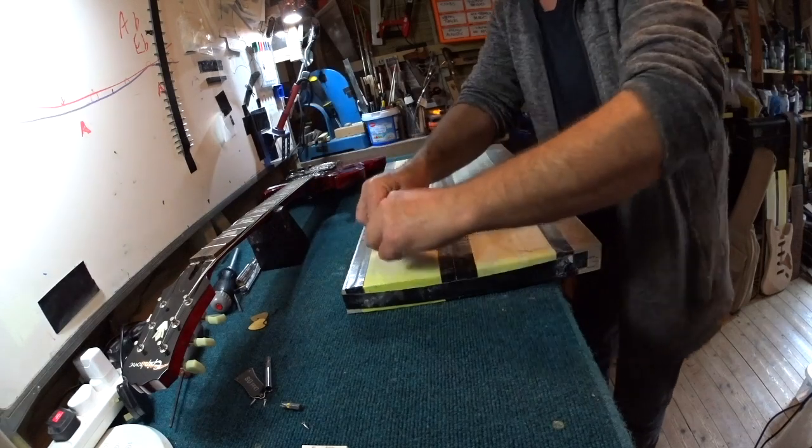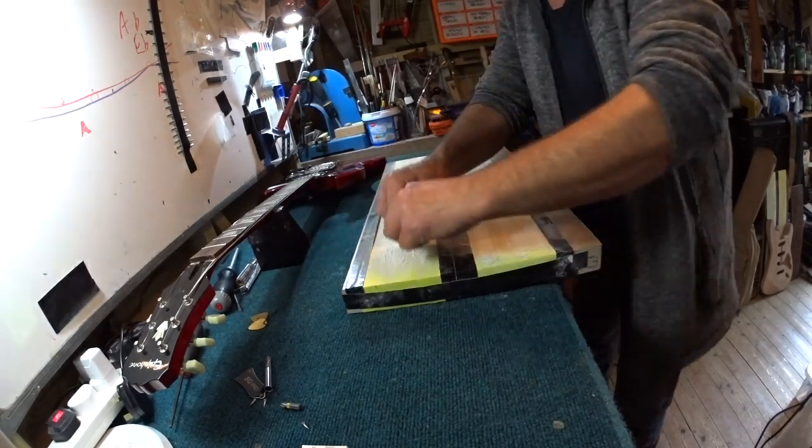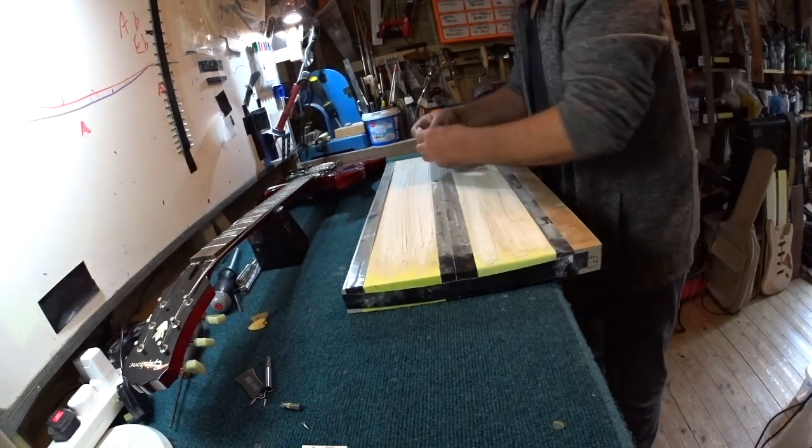But I'm using the coarse stuff and just getting down to close to where I want to be. Anyway,